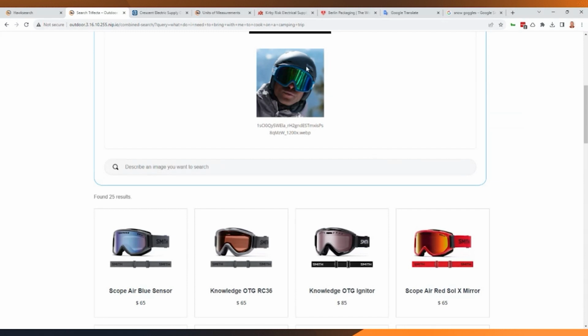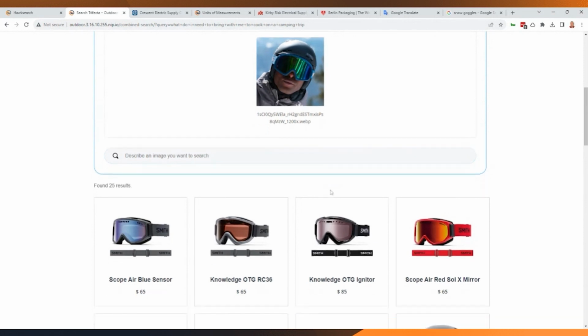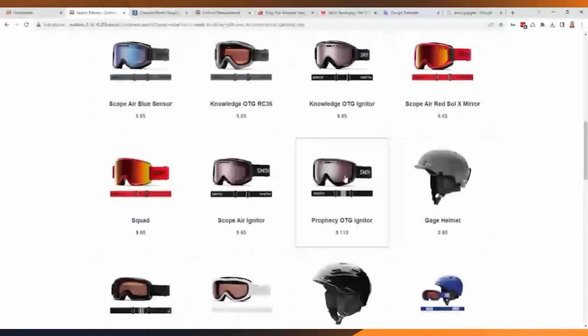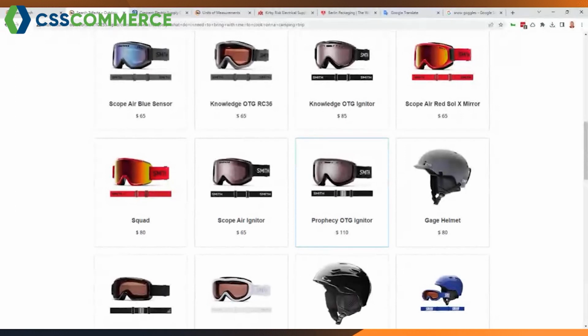So in this case, the intention might have been to search for the helmet, but he also had some snow goggles. The AI image search here within HawkSearch is intelligent enough to understand there might be multiple matches, and so it will start to pull in other matches like the helmets that we're seeing in there. It's not just identifying the one thing in here. The primary focus is centered in that image, so that's what it's going to lead off with. But it also understands that, like you said, you don't need to be a professional photographer. Maybe it was the helmet you were looking for. It can then also find those matches within this image search as well.